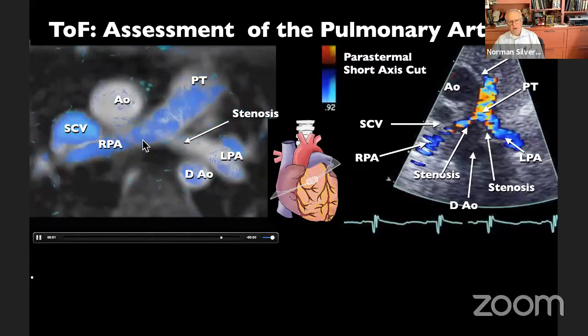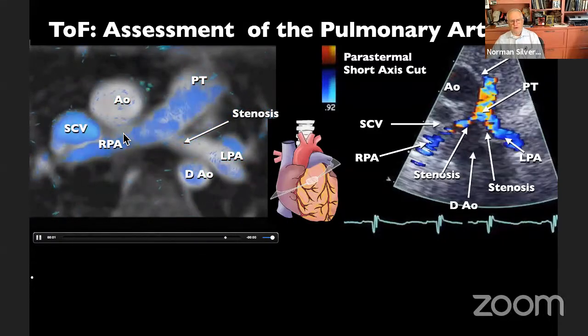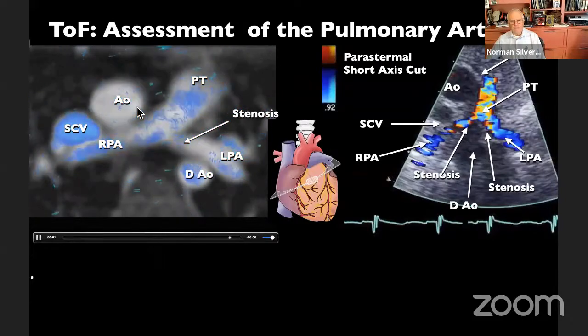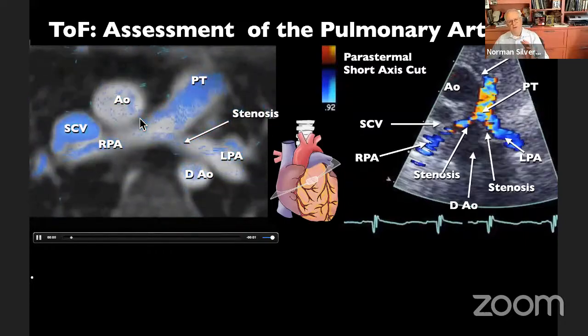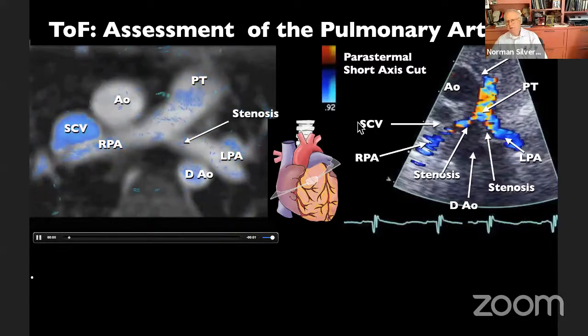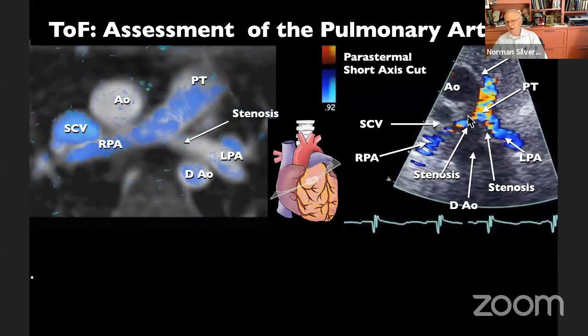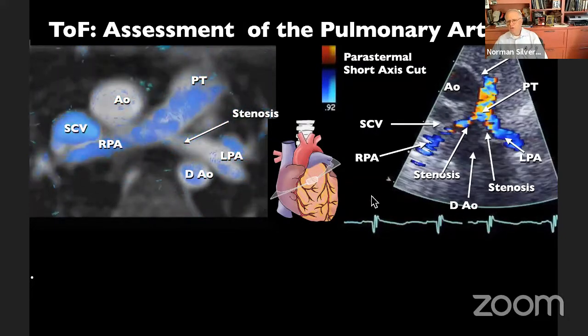And branch pulmonary artery stenosis is a problem. I think that the 4D flow shows us very beautifully what we've seen before, is that the flow that's coming out the aorta is not only moving in one direction, but is spiraling as it is moving towards the heart, away from the heart.